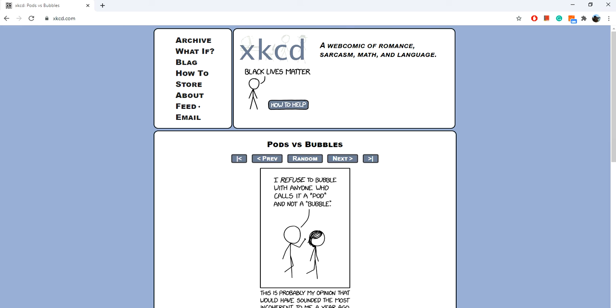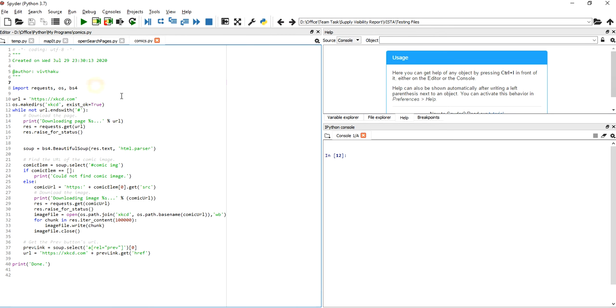It's a very simple Python code. If you see, we will be having a URL, and we will be making a directory of xkcd with exist_ok true and all those things. And we will check if the URL ends with something that is not there. If it doesn't get an href, basically a hyperlink, we will be going out. So we will basically go inside the code.